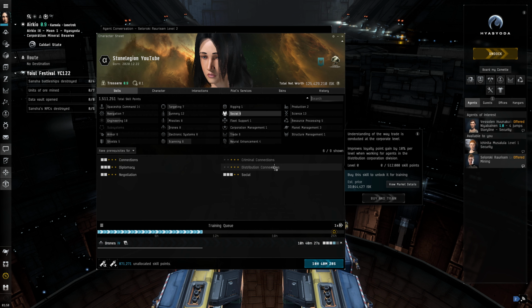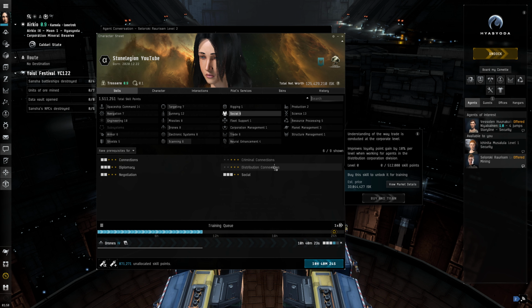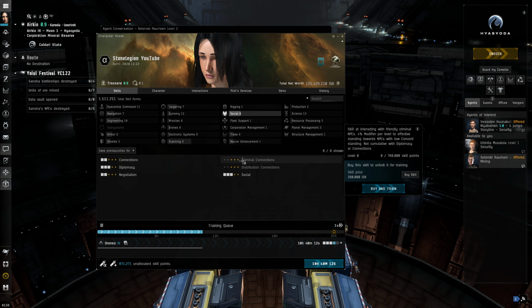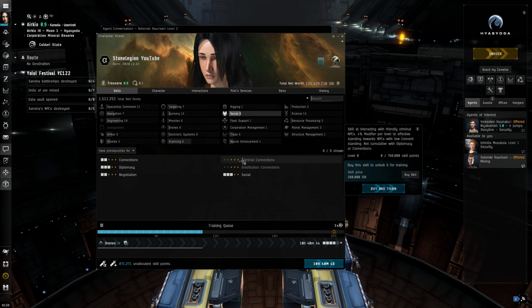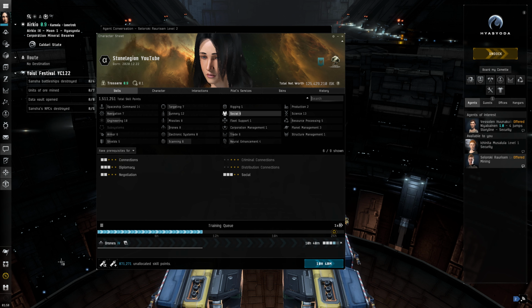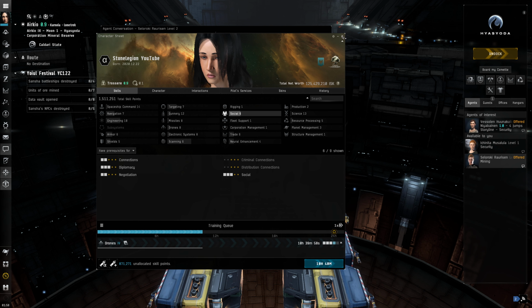What is this one? Improve loyalty points gained by 10% per level working for agents in the distribution corporation division. Oh, that's interesting. That's only loyalty points in distribution. I didn't know this one. They had one for each one. Criminal: skill at interacting with friendly criminal NPCs, for violent standing towards low concord standing, not accumulating with blah blah blah. Oh, interesting. Anyways, there are some there I can probably work on a bit more,